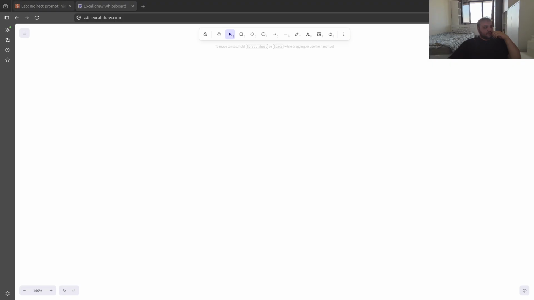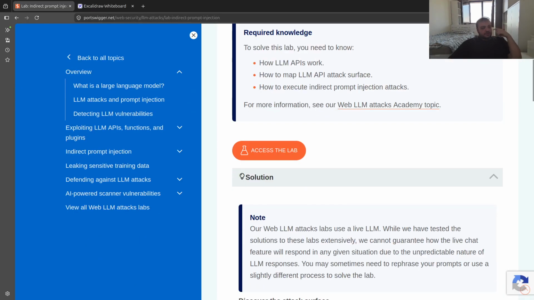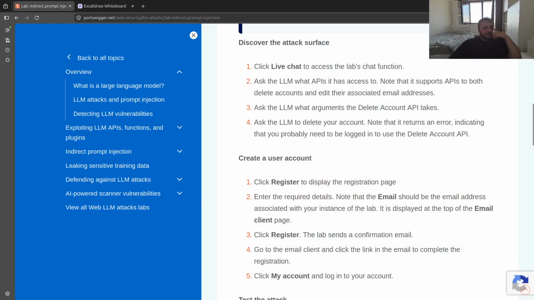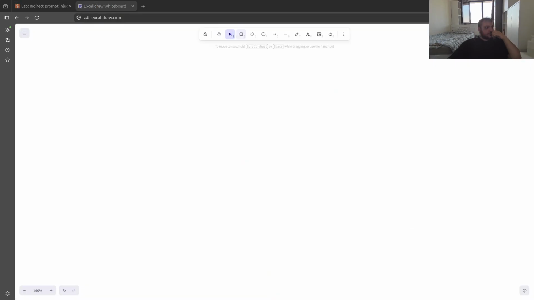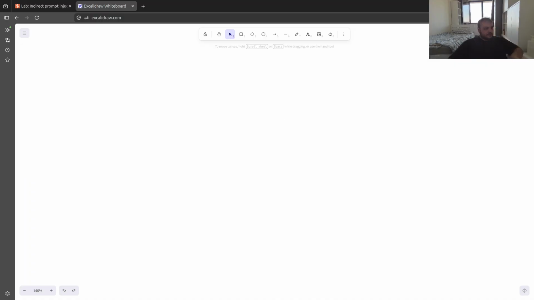So today we will be talking about the lab at PortSwigger called Indirect prompt injection. But before solving the lab itself, I want to talk about the logic of this lab. So if you want to start from scratch, again we have like